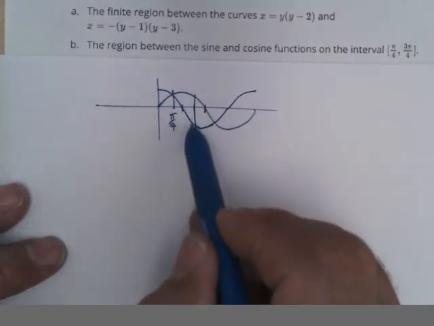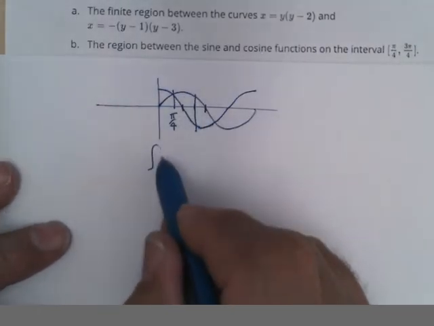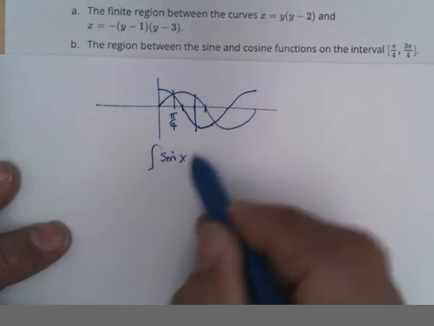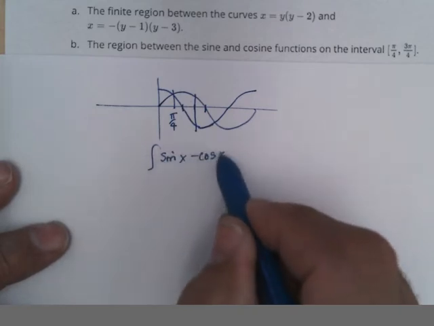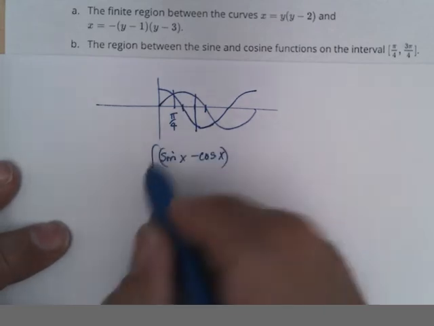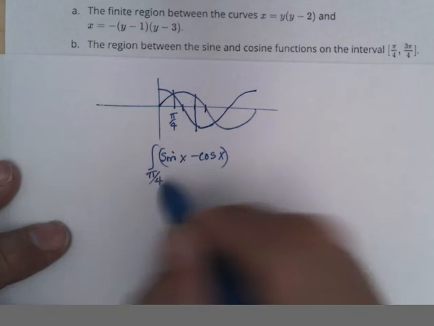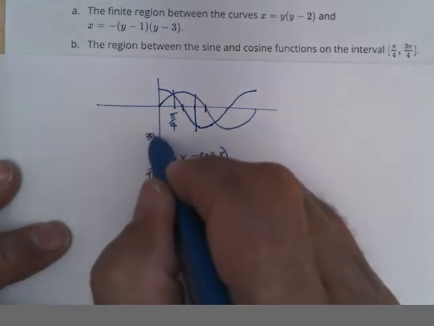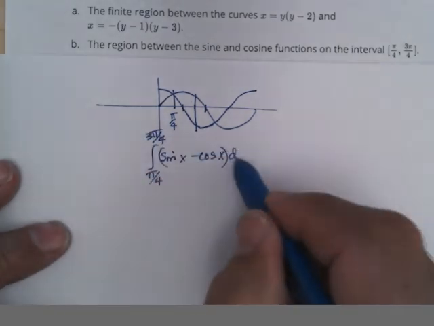So during that whole time, the sine is higher than the cosine, so I'm integrating the sine of x minus the cosine of x on the interval pi over 4 to 3 pi over 4 dx, and I can just